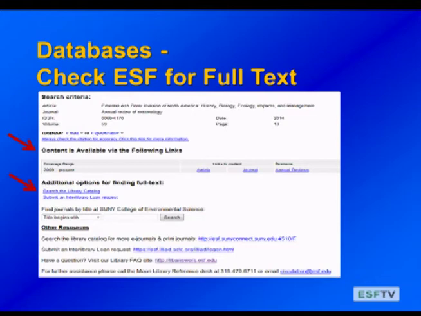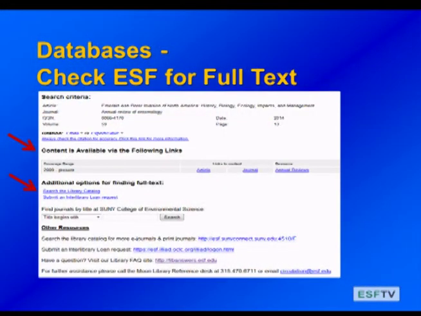If we have the journal in another database, it's going to give you the link and the name of the database it's in, so I can go right to it. Again, if you're in a database and you're not finding the full text, don't let that be a stopping point for you. Look to see if there's a link to find the full text in another database that we subscribe